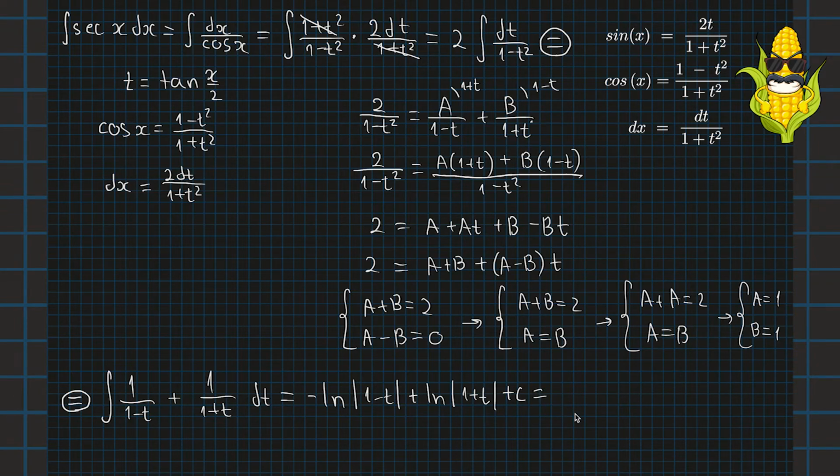which then turns into, using properties of logs, or as a matter of fact, let's insert one more step. Let's write this c as the natural logarithm of some c. So over here we get minus natural logarithm of 1 minus t, plus the natural logarithm of the absolute value of 1 plus t plus the natural logarithm of c,